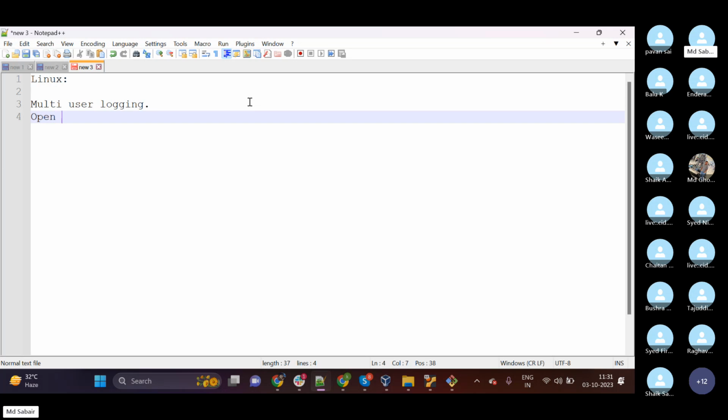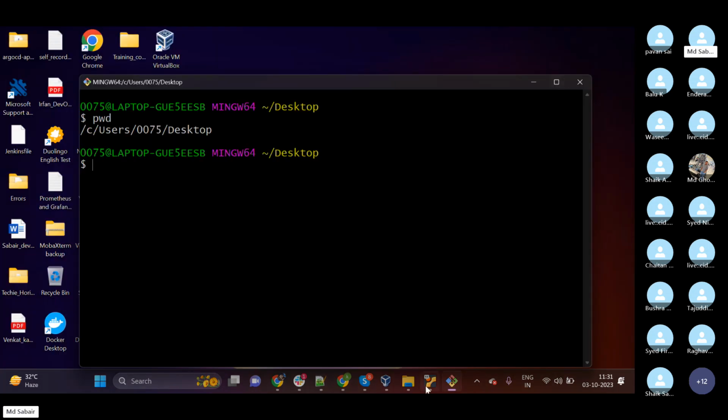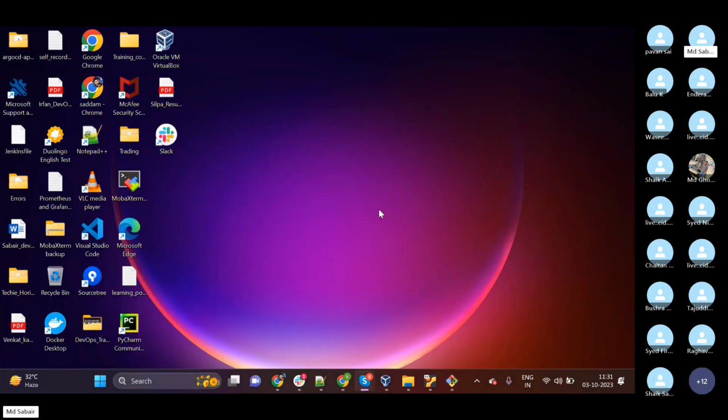Apart from this, this is an open source operating system. When we say open source, it means we don't need to pay anything for any license, or pay any money to anyone. It can be configured and used by anyone without paying a single penny to any company. But what is the problem in Windows? In Windows, we need to purchase the license for every operating system.